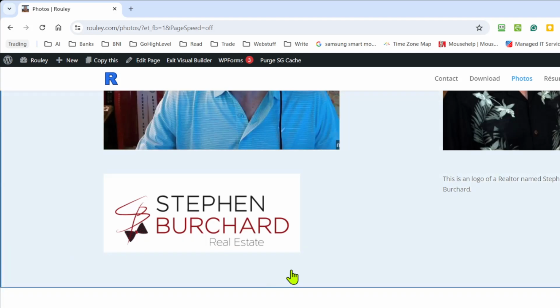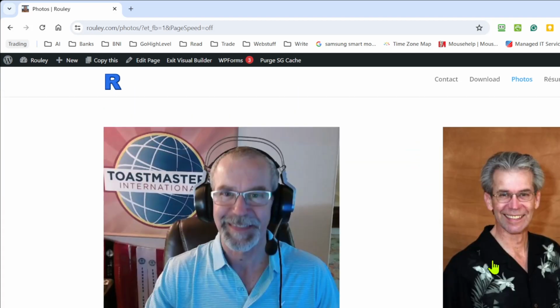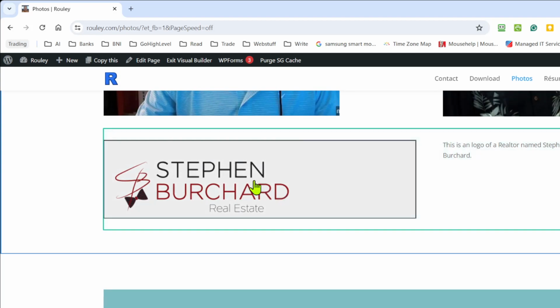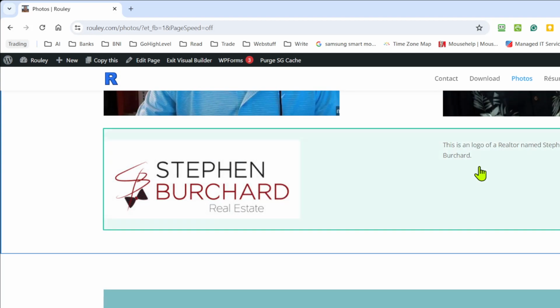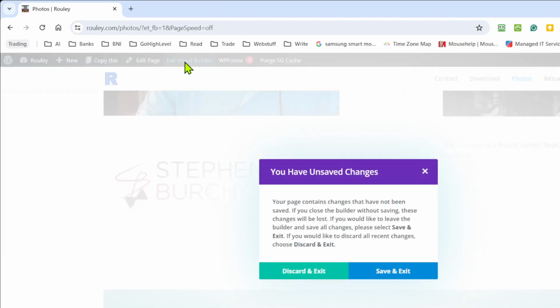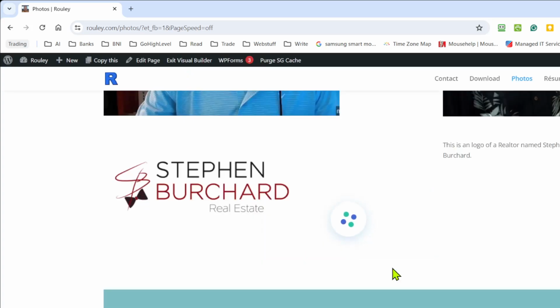a row with some image on one side and a text on the other. We did that with the new images that we uploaded from the farmers markets on that page. And then of course you remember, if you go in here and exit Visual Builder, you want to make sure you click Save and Exit. And then if we go look at our website, on the photos page, which is the one we were just editing,